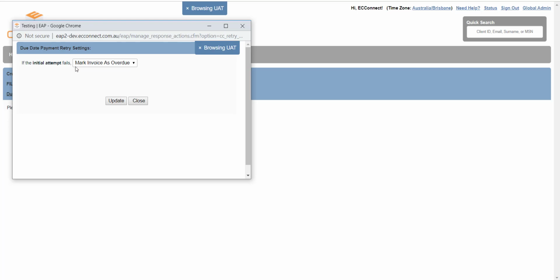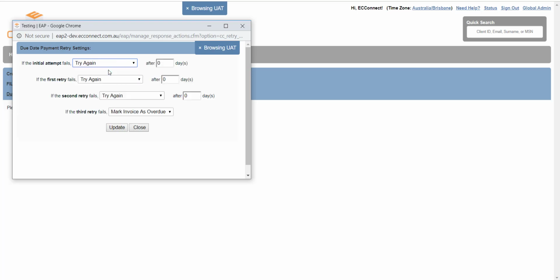Alright, so by default, what you'll see here is, if the initial attempt fails, we will just mark an invoice as overdue. So what you can do with the failed credit card payments is use this drop down and say, okay, on the first attempt it fails, let's try again after, we'll say 1 day, and then you can keep going down and set a maximum of 4 here. So if the initial attempt fails, we can either try again for another day, or we can just say, okay, let's just mark invoices overdue,